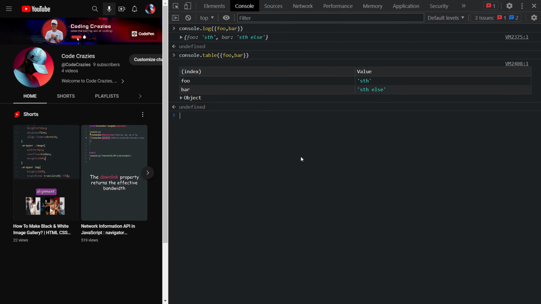Let's say we have multiple variables and we want to log them into the console. Wrapping them with braces gives us more readable and labeled output. But as a next level, we can use the table method for a tabular formatted and a much cleaner output, commonly used for arrays and objects. Also, to have a cleaner output and the listing of an object's properties, you can use console dir for objects.